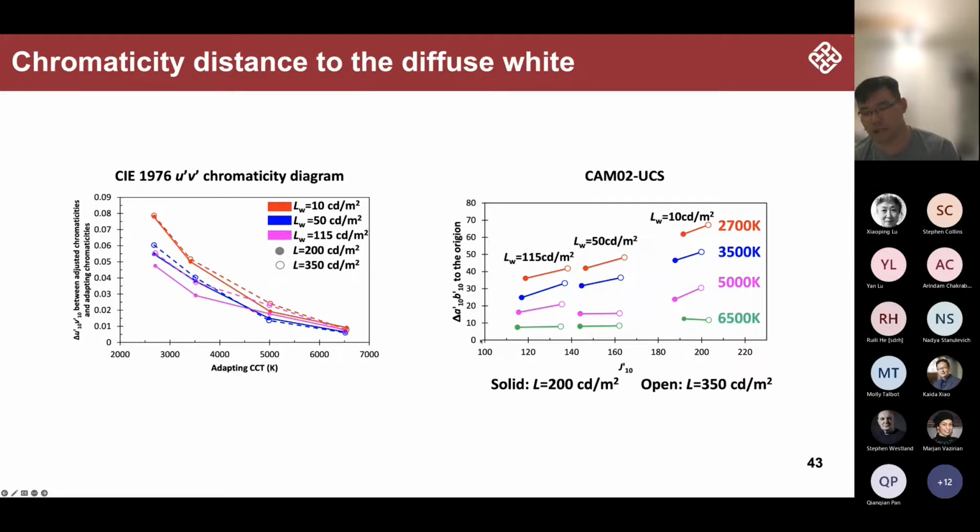So this means that under such a condition, the lightness dimension is perpendicular to the chrominance plane, which can change the luminance independently. But if it's 2700K, then if we change the luminance, we also need to move the chromaticity. So that's the reason you can see that these lines are not very close to 0, and they are not horizontally distributed. This is the CAM16-UCS for this experiment result for the HDR condition.